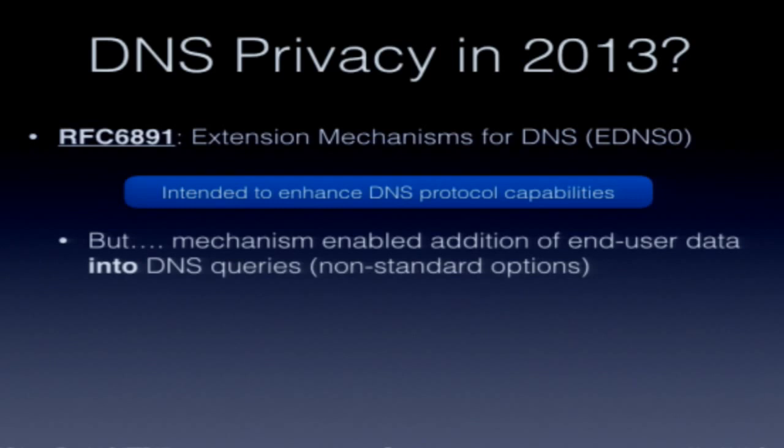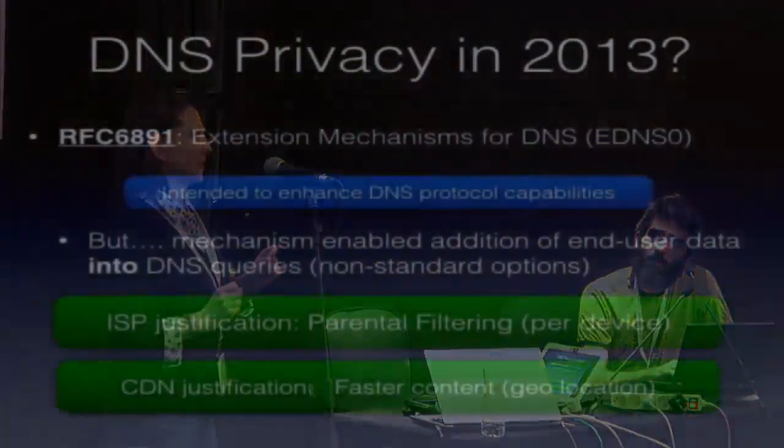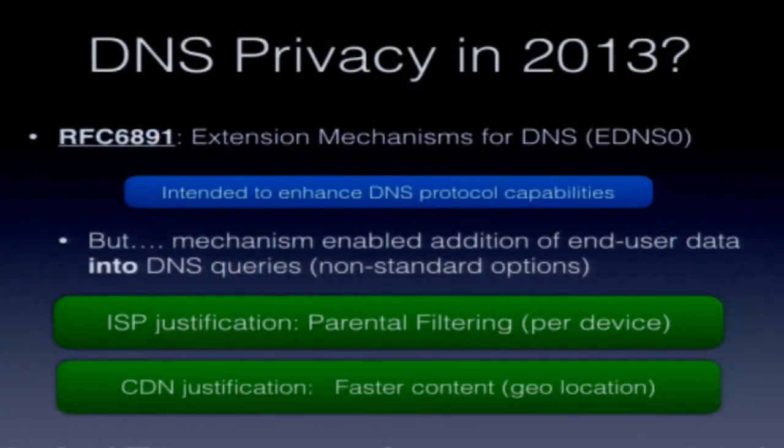As a side effect, though, what this did is it enabled certain organizations to take advantage of this to embed user data directly inside those DNS queries. But the way this was positioned at the time was that it was all for the greater good. So, for example, one of the mechanisms here was ISPs saying, we want to offer you filtering, parental filtering, protect your kids, or even more sophisticated filtering. And we can do this at our recursors if we know who's making those queries.